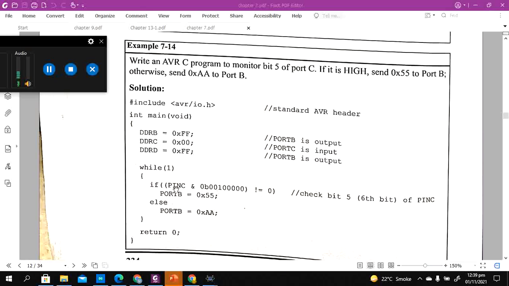And for the sake of argument, say this results in a 0. This pin C combined with this mask value gives a 0. 0 not equal to 0, so the else part is going to run. So these are little trickier things, and the only way is to simulate them and test them and change them and see what's the resulting response, and then add it to your map.